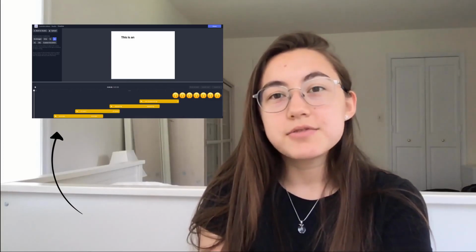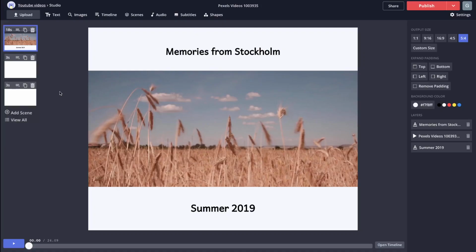The timeline allows you to adjust when elements appear on the screen, which is super useful if you want some elements to appear for only part of the video. The timeline works like timelines in other video editors, such as iMovie or Adobe Premiere, but it has a simpler design for faster editing. So I'm here in Kapwing Studio, and in the description I'll link how to get here,